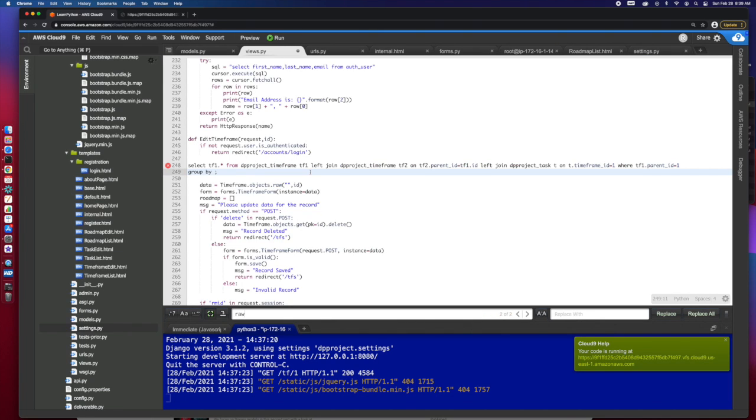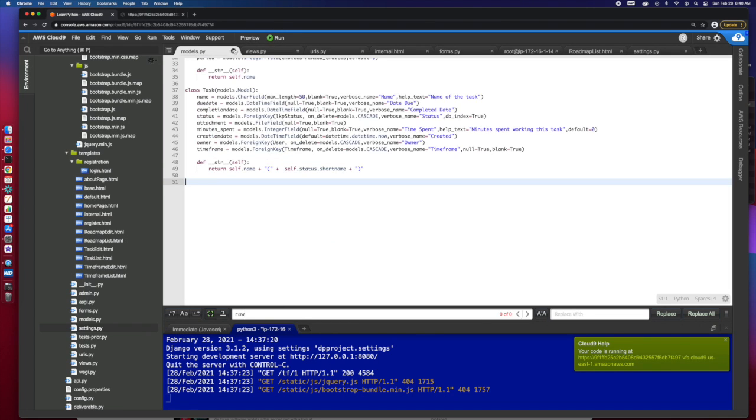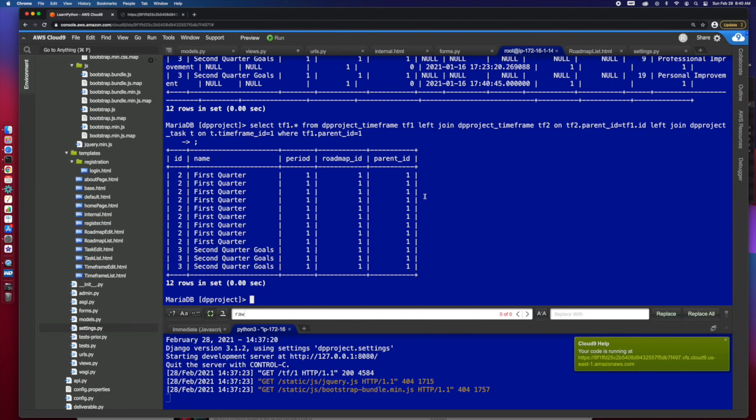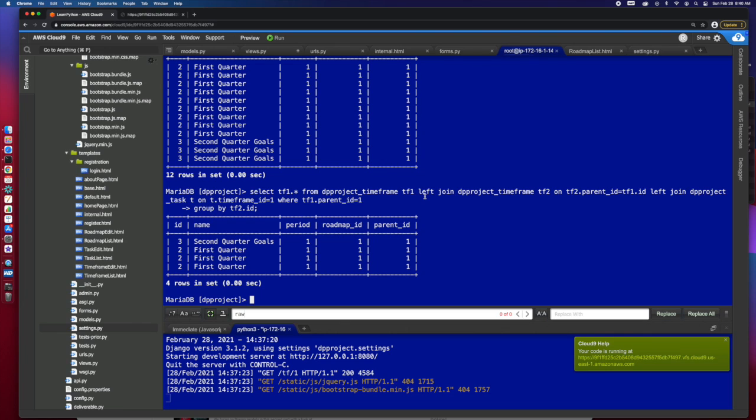The first thing we're going to group by is, we've got two things we need to group by. We need to group by the tf.parent ID. So we're going to group by tf2.id. If we group by the tf2.id here, yeah. Did I get my group? Yeah, I got it. So now we're going to see only second quarter goals plus the 3 first quarter, because